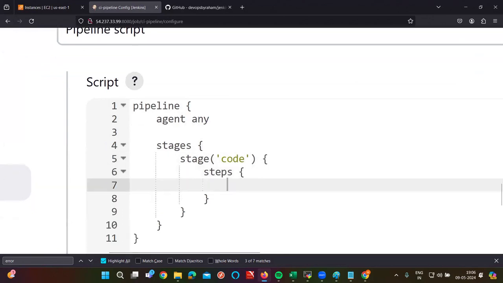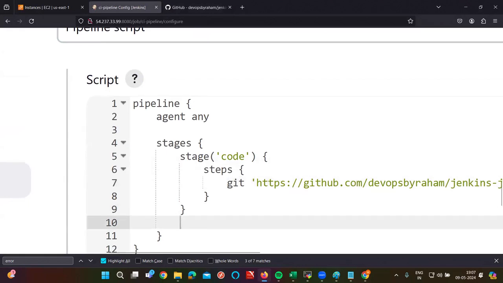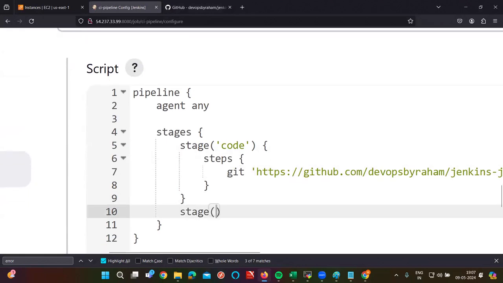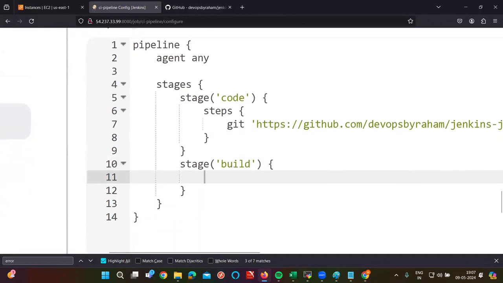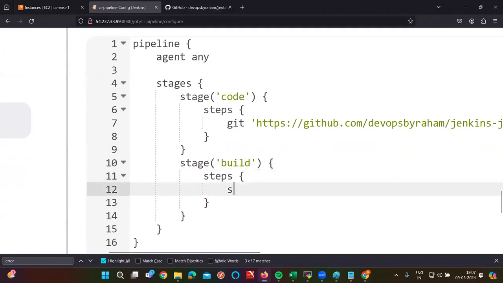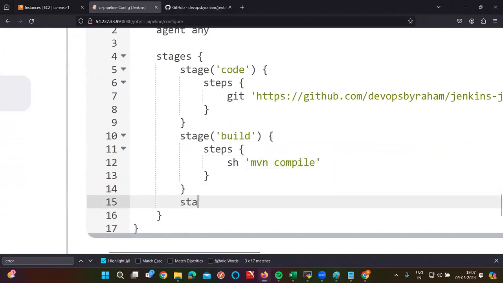That's it. Here you are getting the code from Git. So right here, Git, and just copy and paste the URL. After code, what do we need to write next? Next stage, build. Next, steps, sh mvn compile. Next stage,